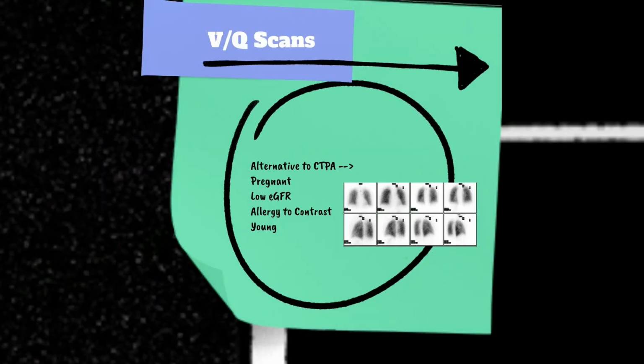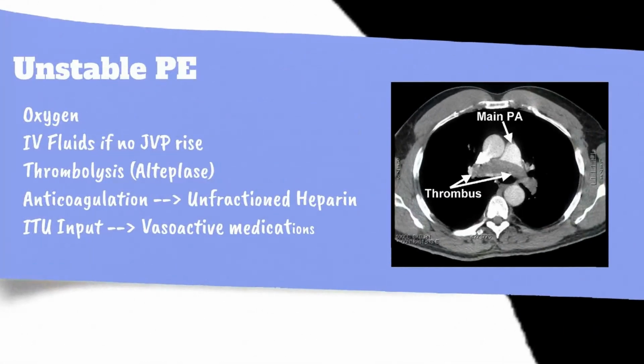Next, we're going to be talking about the management of PE, and the management of PE can broadly be divided into two groups, those who are hemodynamically stable and those who are hemodynamically unstable. So those who are unstable generally are considered very high risk and will need discussion with a senior doctor. And we know a PE is unstable, as we mentioned before, if the systolic blood pressure is less than 90,